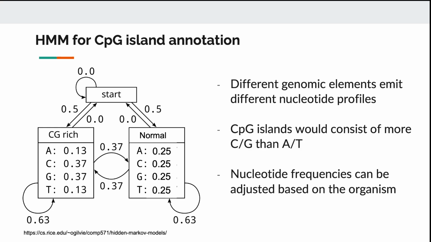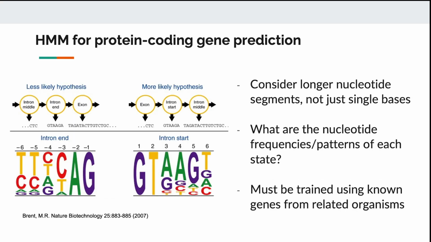So this is still a simple hidden Markov model because you will have 2 states, right? And the observation is only 1 nucleotide. But we can imagine that if you want to annotate genes, seeing 1 nucleotide is obviously not enough. How can you identify a start codon with 1 nucleotide? You need to see A, T, G in order to tell that it's a start codon. So there needs to be some modification, which is going to be too complex for this class, but I'm going to just mention that